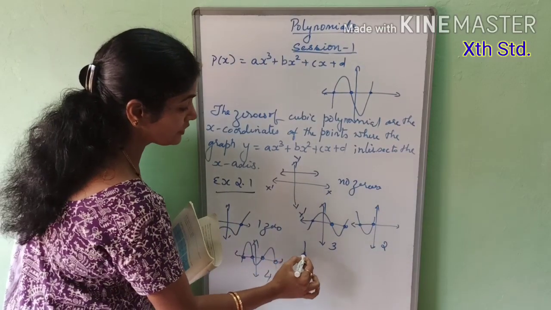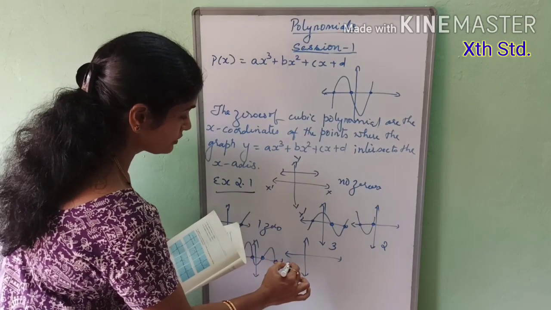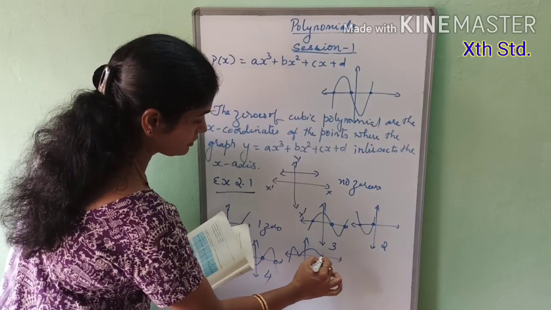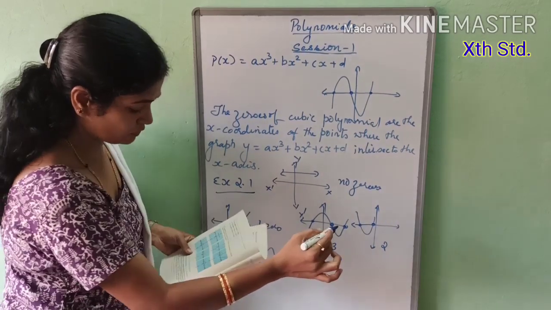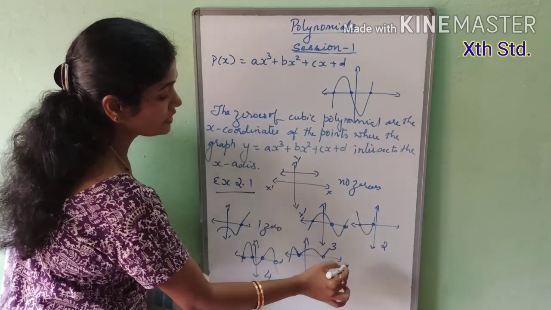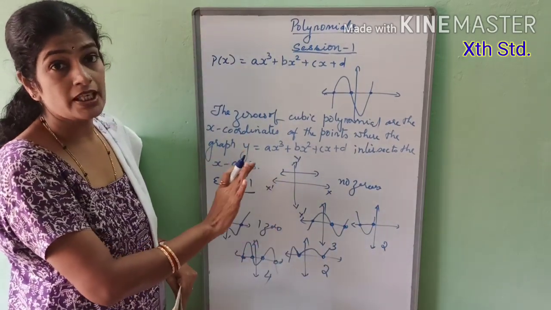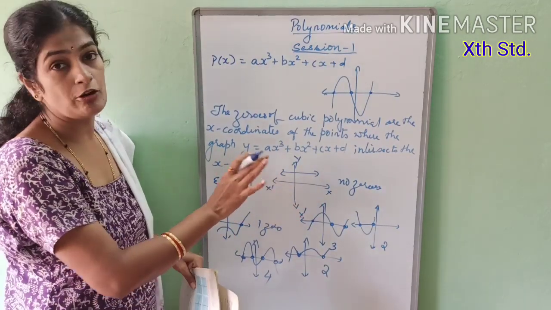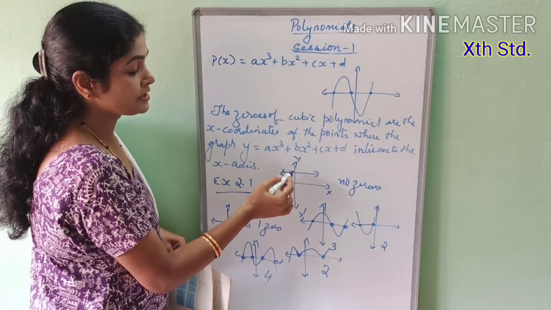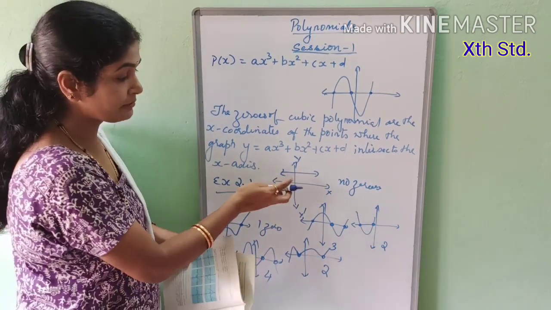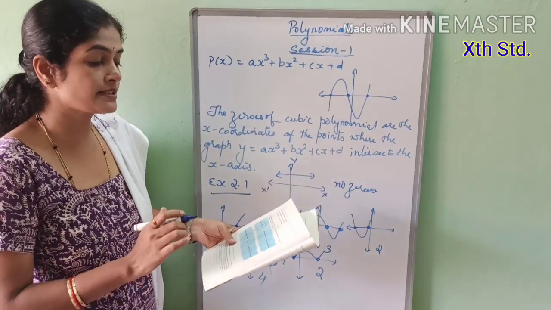So see the last one. Right? This way. 1, 2. It's 2. Yes, 2 zeros. So just looking at the graph, we will be able to say for the particular polynomial how many zeros exist. Now for the first one, it is a linear graph. Still, it is not touching the x-axis, so it is not having any solution. That means it is parallel to the x-axis. So this completes exercise 2.1.